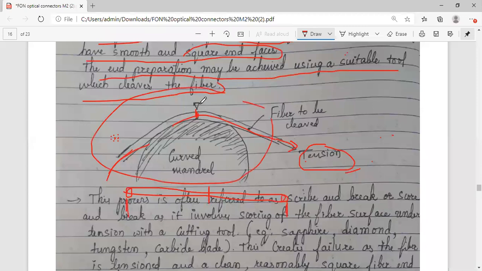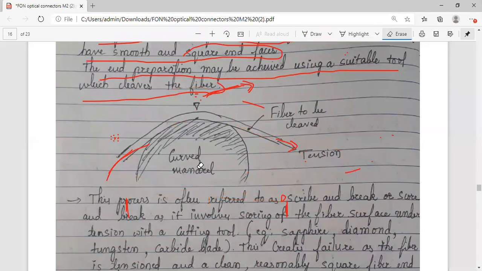So tension is created, and when you apply it, here I have not given the details of what is happening. Just understand it's an apparatus. It has got the setup here. With this, we will be going for this cleaving. And this triangle shape I have shown you acts like a cutting material, like a blade, such as tungsten or diamond. Okay, why I'm using these terms, you can see. Let me read it out, then you'll understand about this. Hope you got this point.